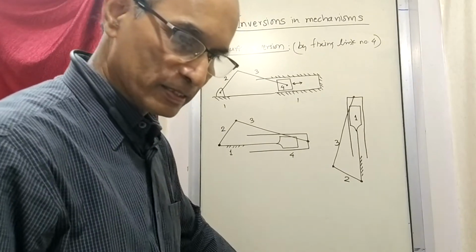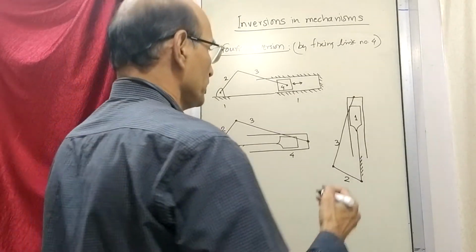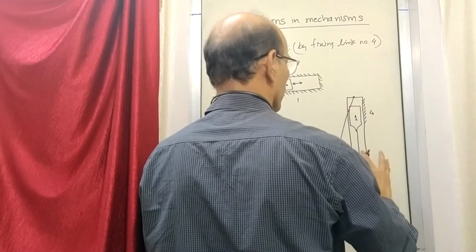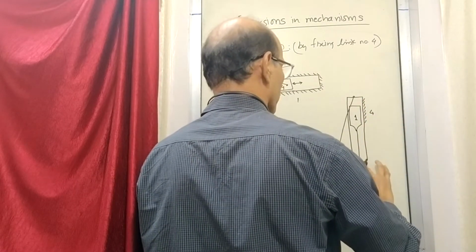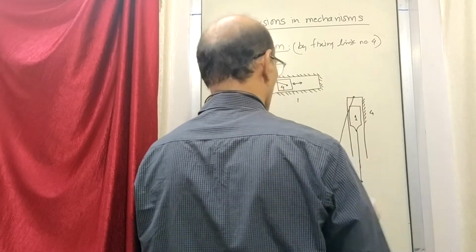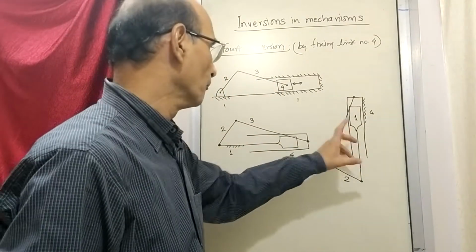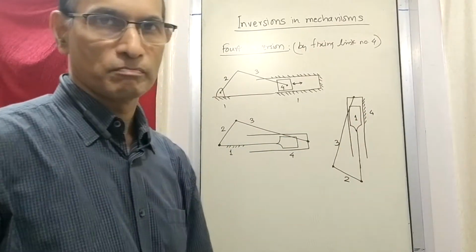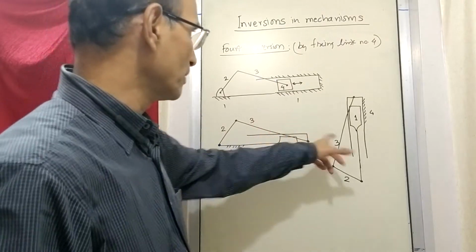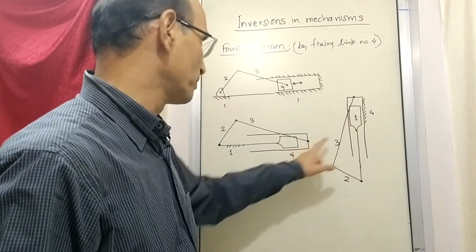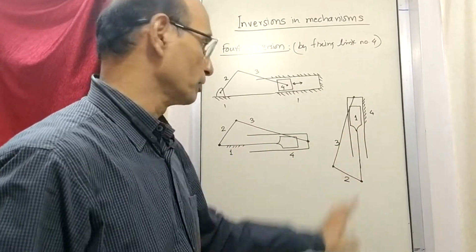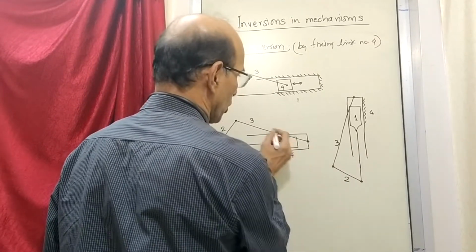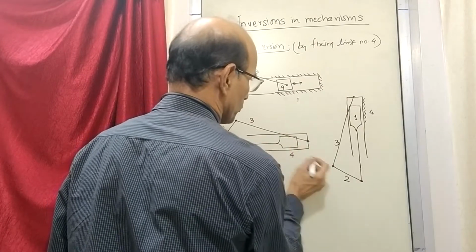Now what I'll do here is, this 4 is shown here, which I will fix. That means the same figure is drawn, but the difference is 1 is released and 4 is fixed. So this is the same, except now 4 is fixed, this outside is fixed now, and 1 which was fixed here now is released. And this is given some extension.